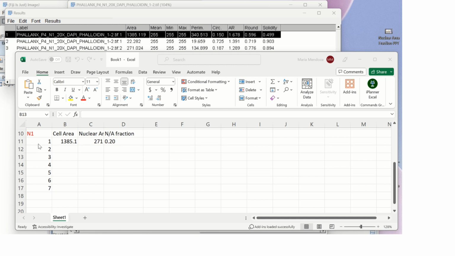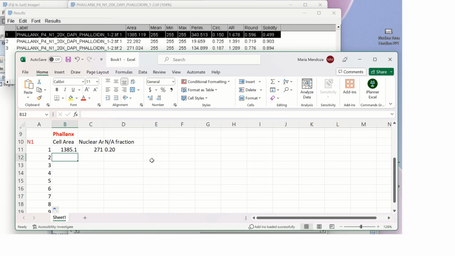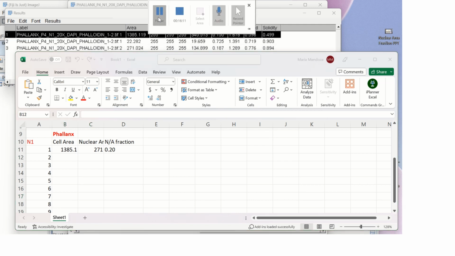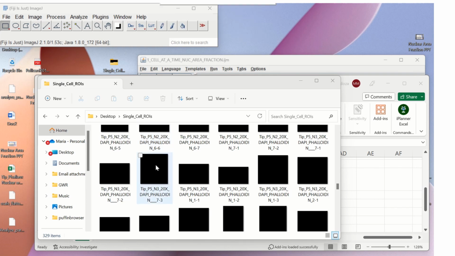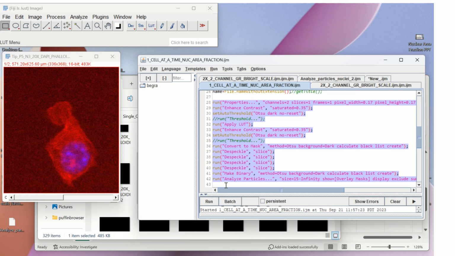Okay, so then we want to do 10 cells. We'd always do more, but I think for this class, we'll just do 10. But in general, the more you have, the better your data, the more accurate. Okay, so you go get your individual cell images, and then you bring it in there, and then you run